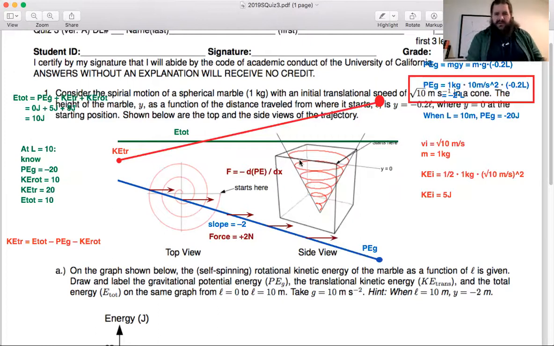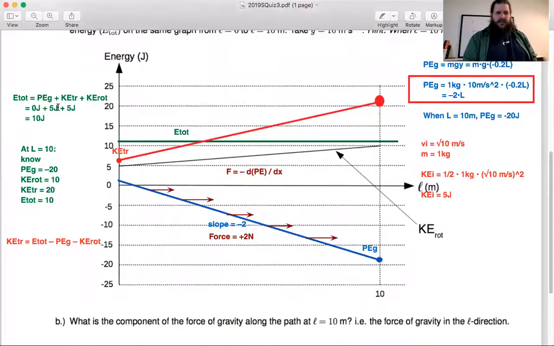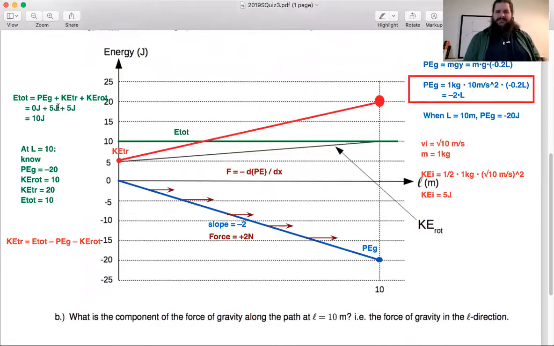So L starts at 0 at the top of the path, and then as we go forward along the path, L is increasing because L represents how far you've traveled so far. So increasing L means you're going downhill. Any other questions on that? Right, either for direction. Yeah, I think so. Since this is just asking specifically for the component of the force,